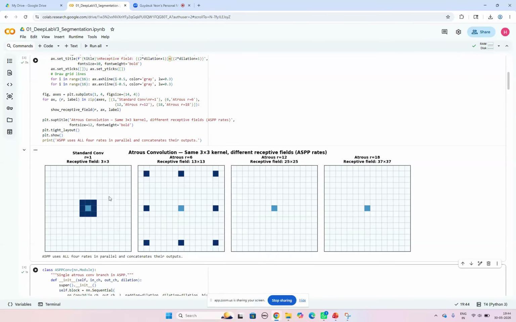So I hope you understood these many parts. This is the important part. We try to do four different kinds of convolution. One is 3 cross 3 convolution, then 13 cross 13 convolution, then 25 cross 25, and then 37 cross 37. We'll get all these values, keep them aside, and then do the calculation for those.